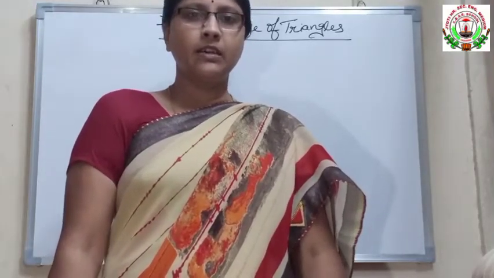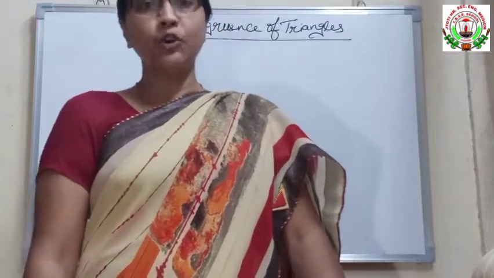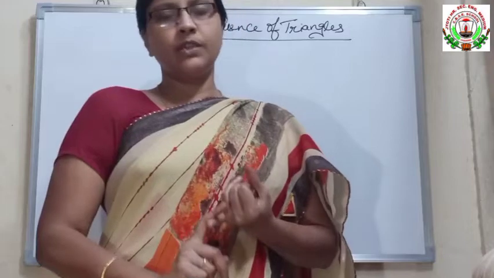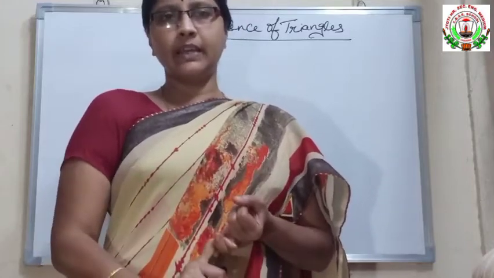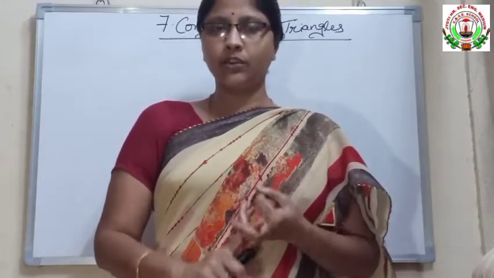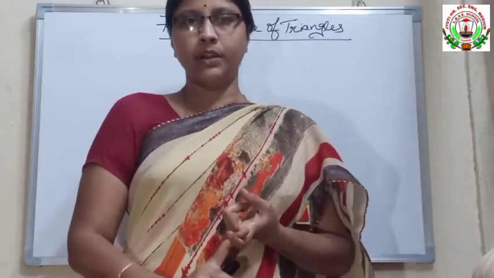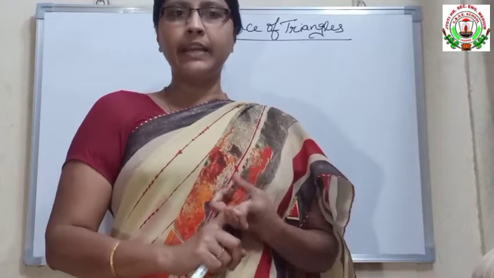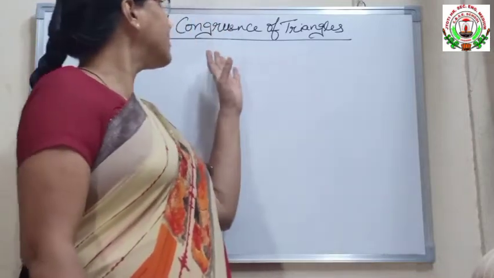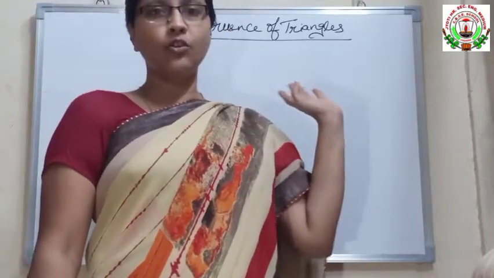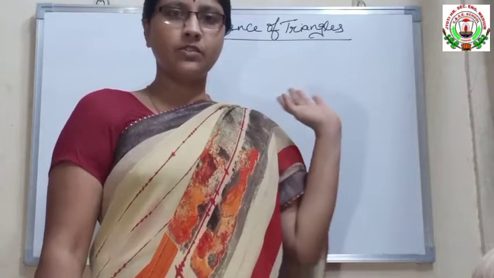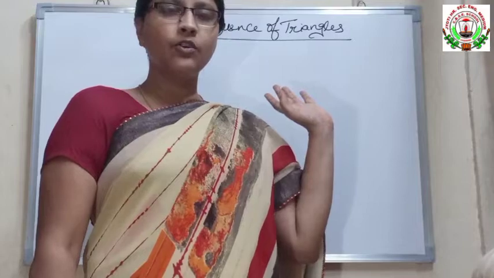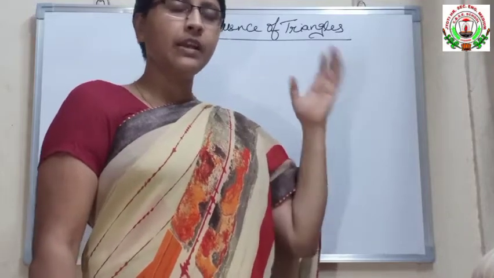See, in the last chapter we have learnt about triangles, about types of triangles according to the sides, about types of triangles according to the angles, about Pythagoras theorem, next angle sum property. All we have learnt in chapter number 6, that is triangle and its properties. Now in the 7th chapter we are going to learn congruence of triangles. Means this is also a chapter based on triangles only. In this we are going to learn about congruence of triangles.